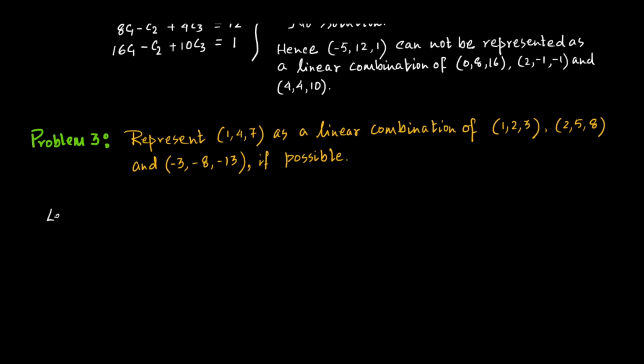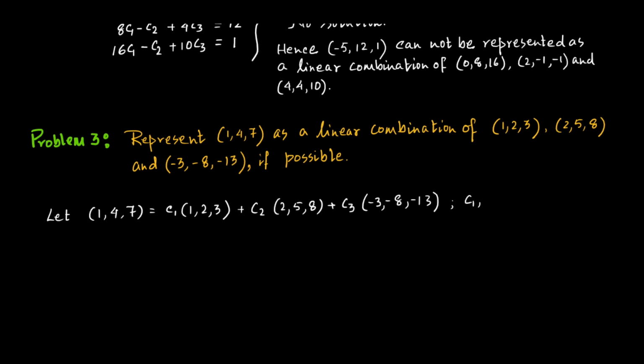Okay, let this vector (1, 4, 7) be equal to some constant C1 times (1, 2, 3) plus some constant C2 times (2, 5, 8) plus some constant C3 times (minus 3, minus 8, minus 13), where C1, C2, C3 are some real numbers. So in a similar way as the earlier problems, this will represent the system of linear equations